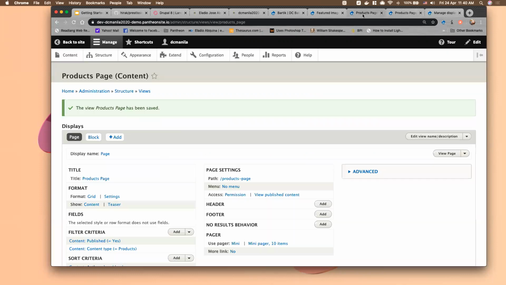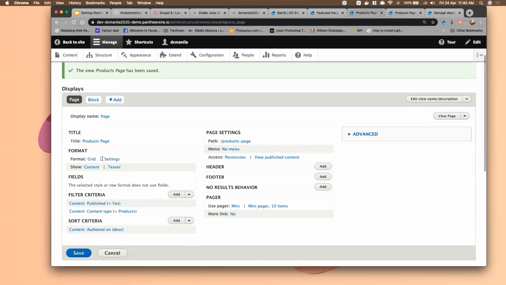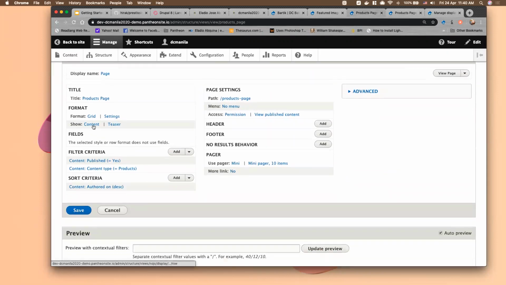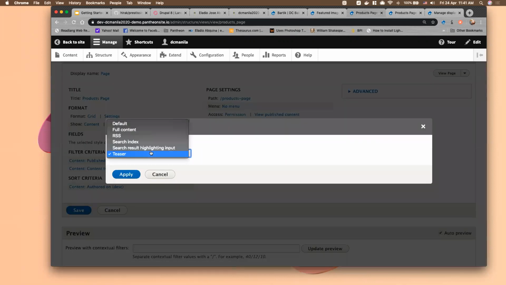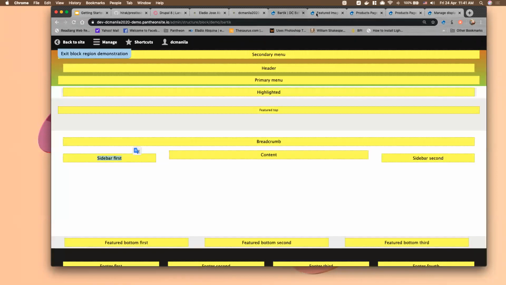So I'm going to change that. I want to make this actually show photos. So right now it's showing content, and at the moment it shows content in the form of a teaser. So if I click this, if I change this, there's actually a number of options here. And if you remember, as we were editing our content type earlier, this was actually what you were defining in the